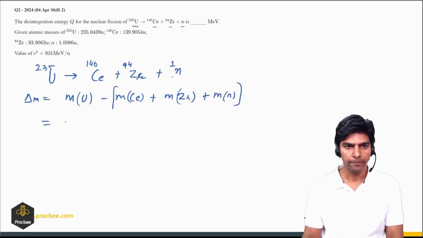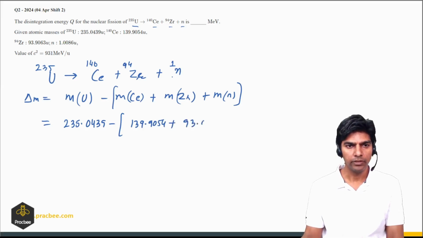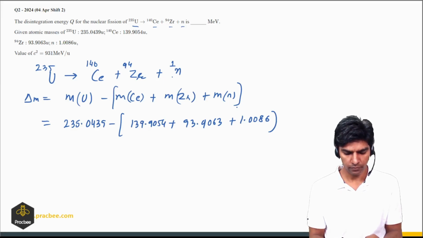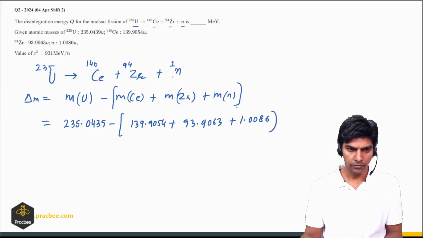So let us put the values. So this will be 235.0439 minus this will be 139.9054 plus 93.9063 plus 1.0086. Right, let me quickly calculate this. 235.0439 minus 139.9054 minus 93.9063 minus 1.0086. So it comes out to be